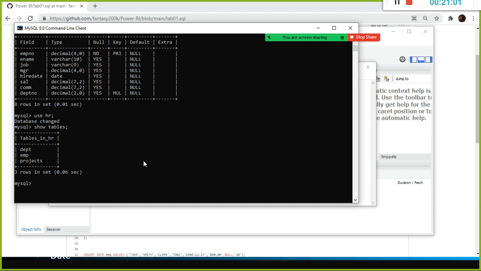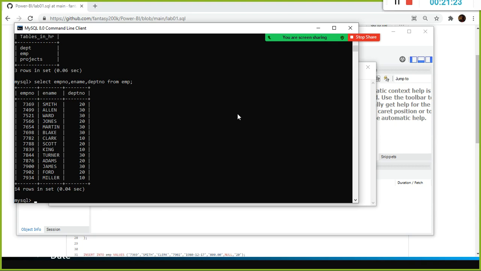So we are inside the HR database, and we want to see what tables are there. Here I have already created department, employee and projects tables, and we want to select the specific column alone, right? I don't want to display all the columns. That's the reason why I have used something like department. Here also the same command I can use, right? By pressing the up arrow, because the table name is the same and the column name is also the same, it is displaying the values without any issue. Side by side you can practice it.